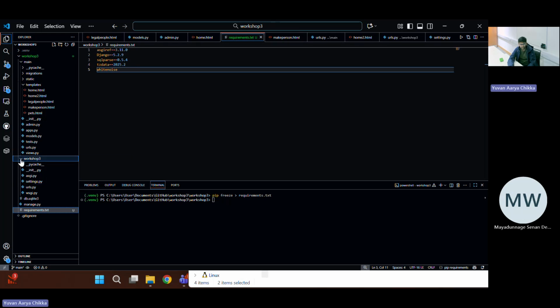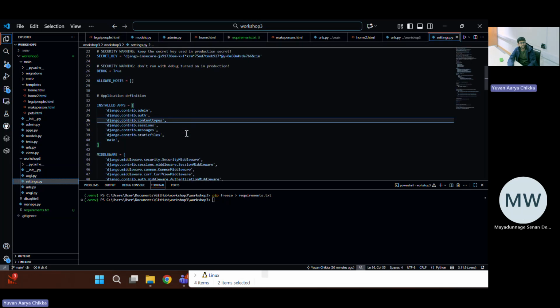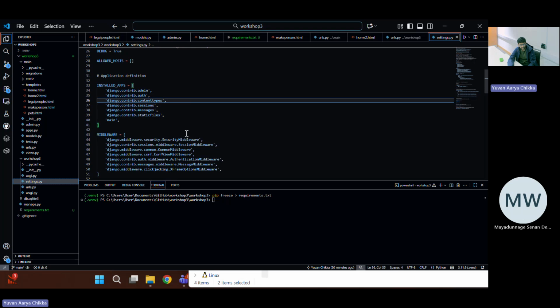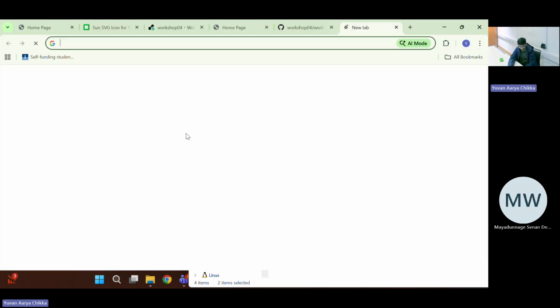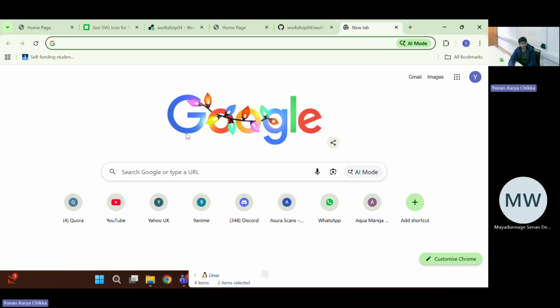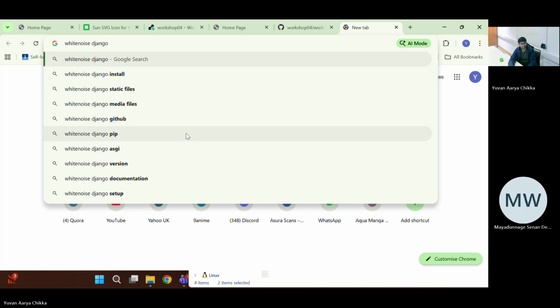our glorious settings.py, right? And now we need to add WhiteNoise to our installed apps. I do not remember the instructions off the top of my head. You do not need to remember the instructions off the top of your head. There are plenty of guides on how to do this online. So if you search WhiteNoise Django install,